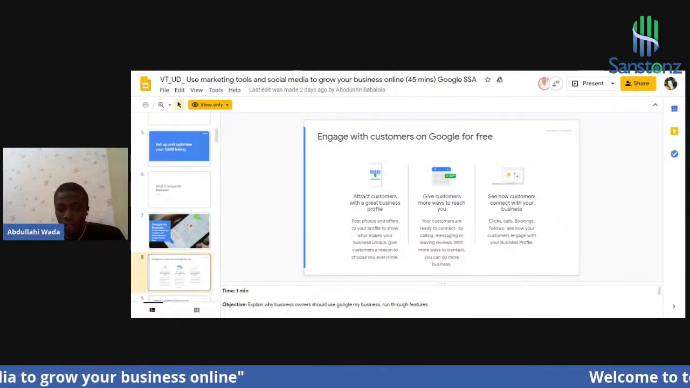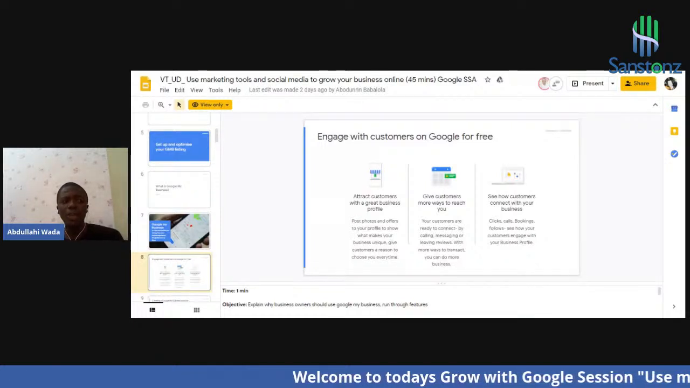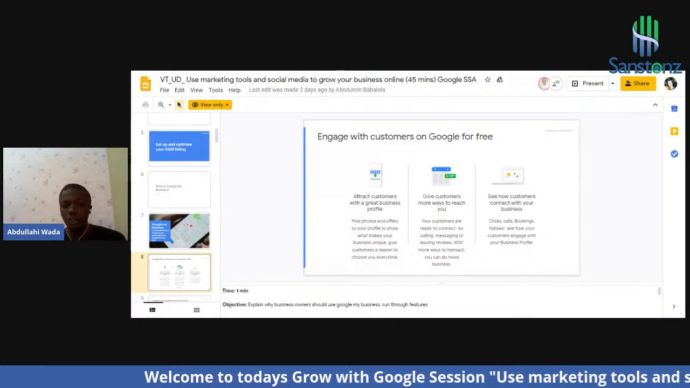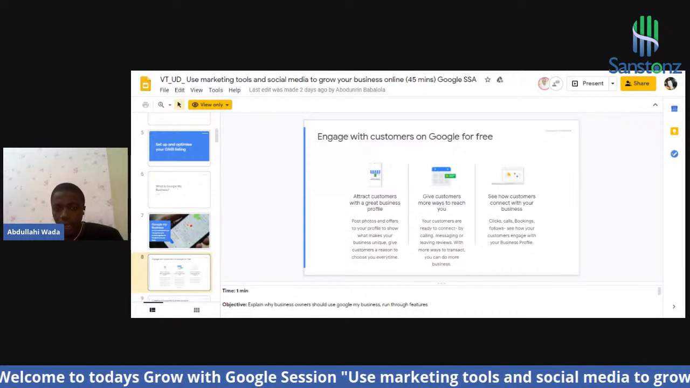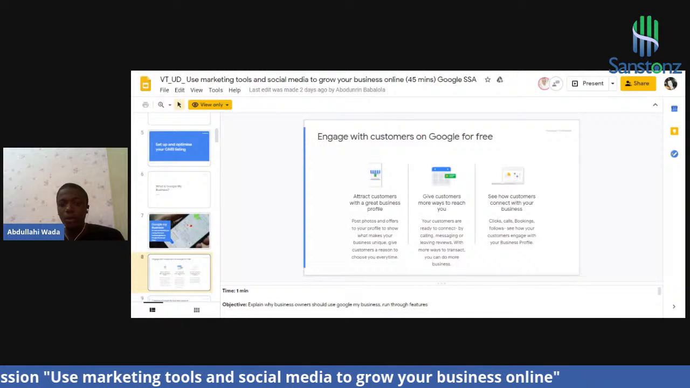Then, secondly, give customers more ways to reach you. How can you give customers the opportunity to reach you? Firstly, your customers are ready to connect. As long as you are online, you can connect, irrespective of your location,